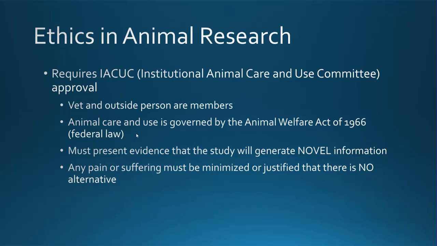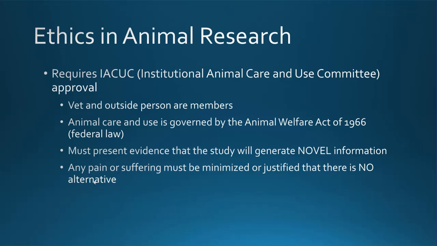Now, researchers must present evidence to the IACUC that the study will generate novel information. So this is a higher threshold, right? You have to show that the information is not there and it's going to be valuable, scientifically valuable information. You don't have to do this for human research. You can do replication studies in human research just to demonstrate that the effects exist again. But with animal research, that's no go, right? The idea is the animals are giving their time, their lives for this research, so it has to be productive, right? It can't just be to cover old ground.